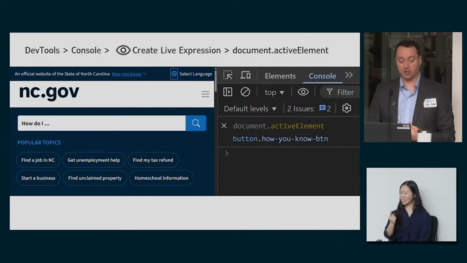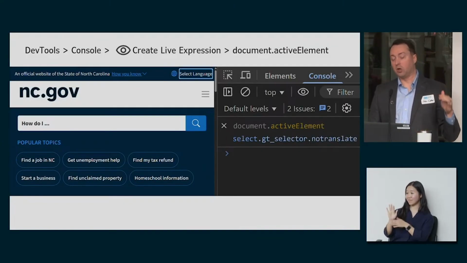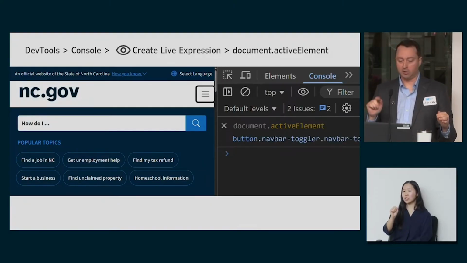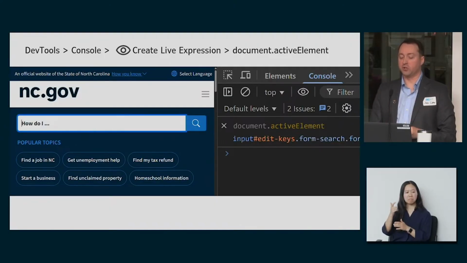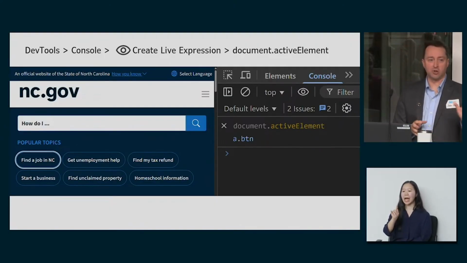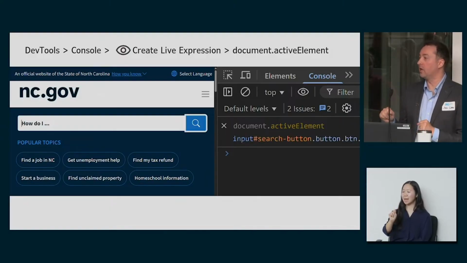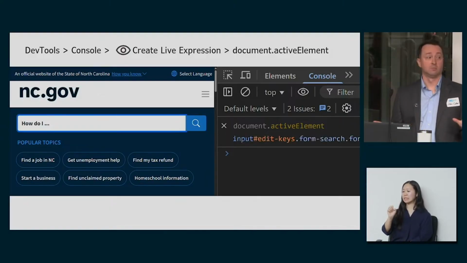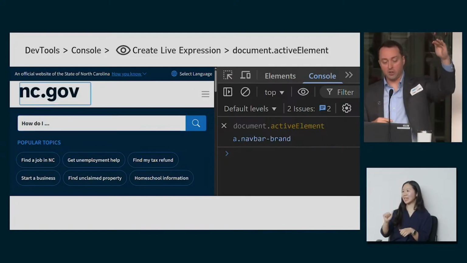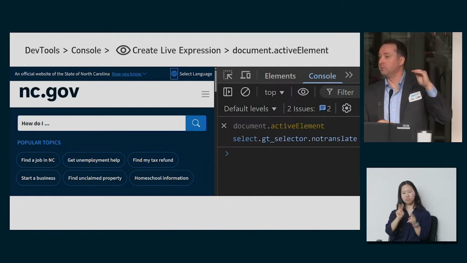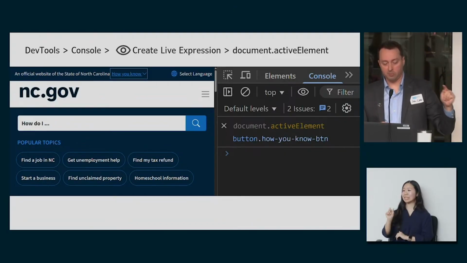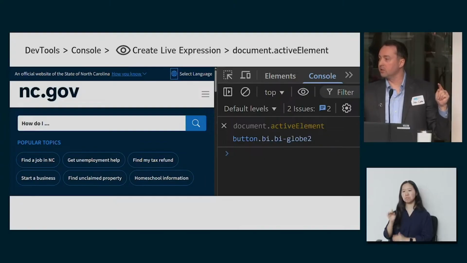Here's how you set it up. In DevTools, go to console, create a live expression. That's that little eyeball icon. And then the live expression you're going to watch is document.activeElement. So document.activeElement, it's a JavaScript thing, and it tells you what element has focus at any given moment. Is that making sense? So at any given moment, you're going to be able to watch what is the value of document.activeElement. And in my video here, I tabbed through all the elements on the page, and document.activeElement is constantly changing,